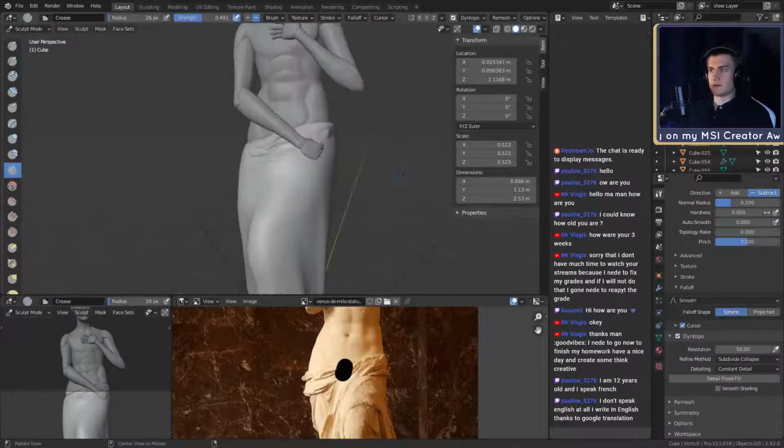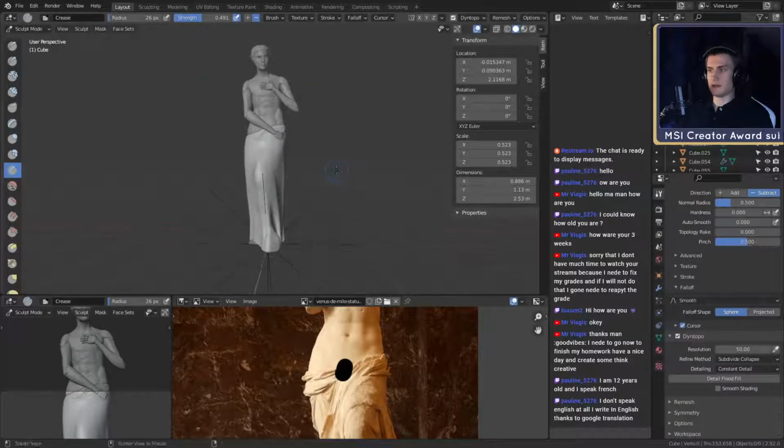So I don't know how it looks in the back. Let me just quickly see if I can find a reference for that, because I need to see what she looks like from the back, especially the kind of fabric she's wearing.